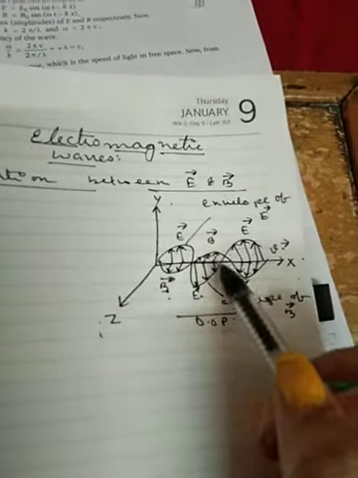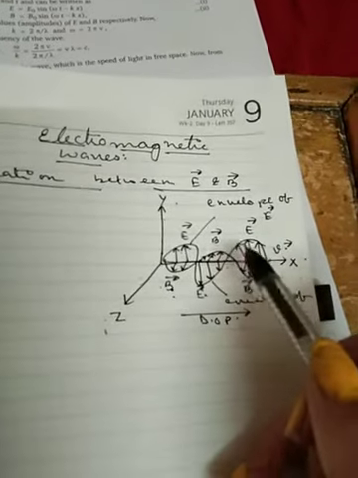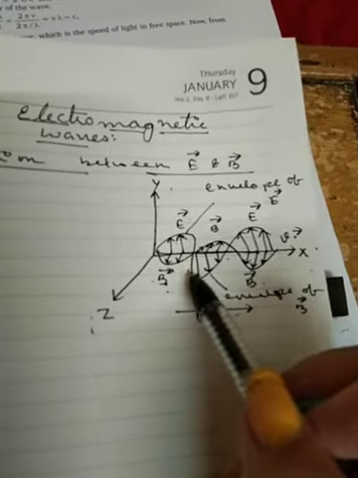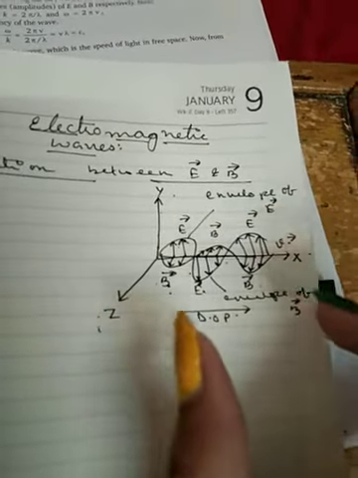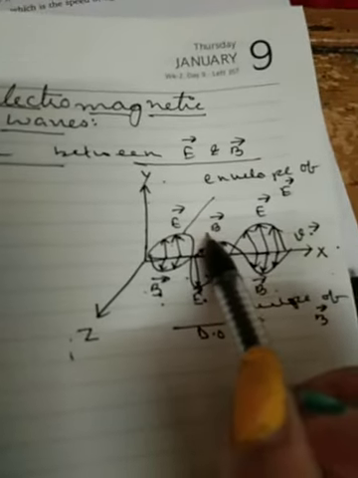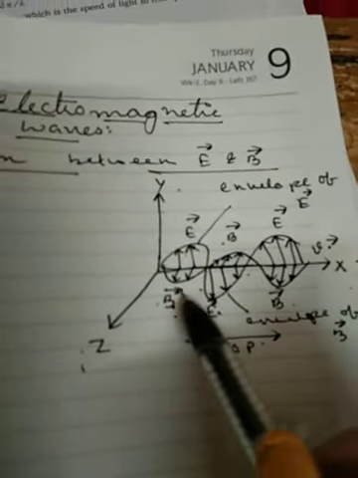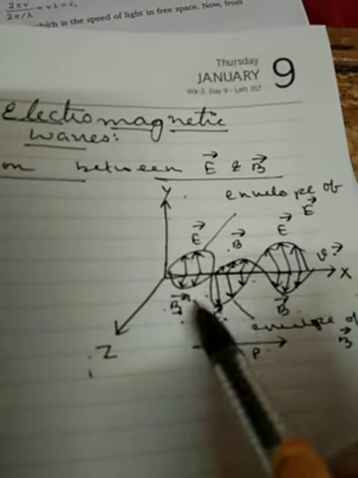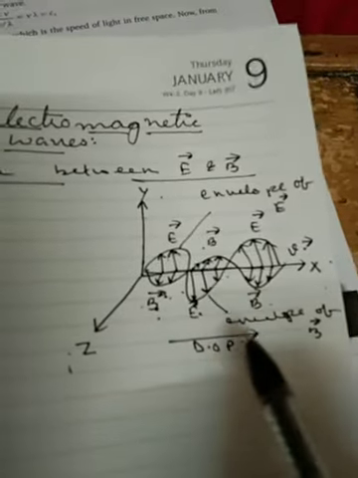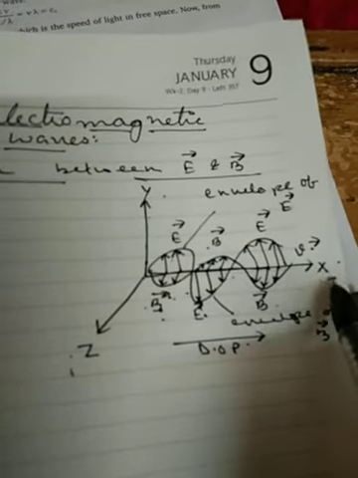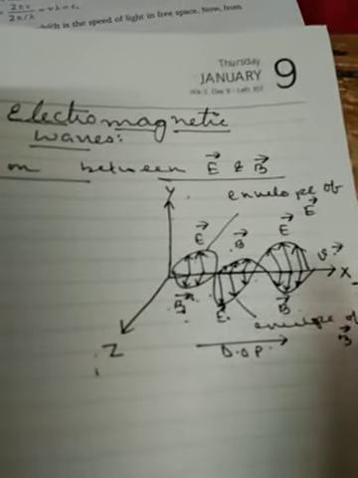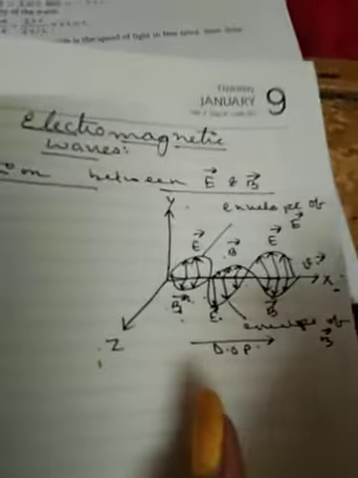So this type of graph is known as the sinusoidal graph. Why is it known as this type of graph? Because in this type of graph, the electric field and the magnetic field vary sinusoidally in mutually perpendicular directions, and also perpendicular to the direction of propagation of the wave. The direction of propagation of the wave, we can all see, is towards the right, that is along the x-axis, and therefore they are all perpendicular to the direction of propagation of the wave, and this type of wave is called the electromagnetic wave.